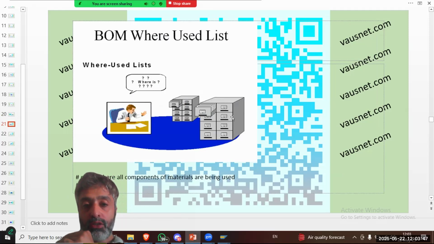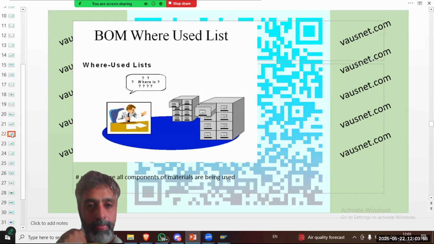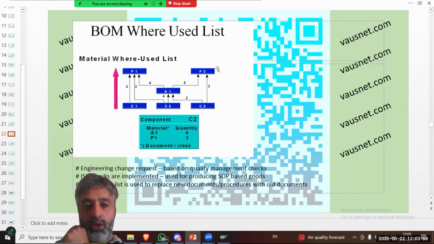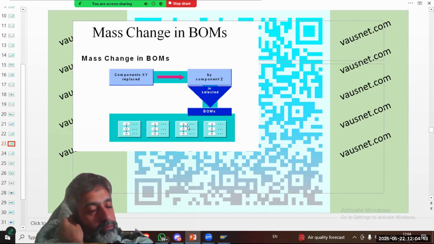If production stops because of component shortage, the BOM, of course, it carries all the components and there would be visibility for the management. Where use list, of course, these components are then used at various levels of your production. And of course, some components can be common and can be used in multiple BOMs. Mass changing BOMs, yes, you can change